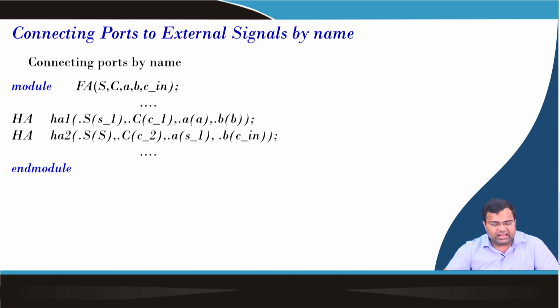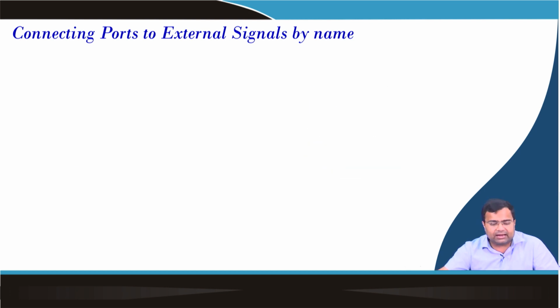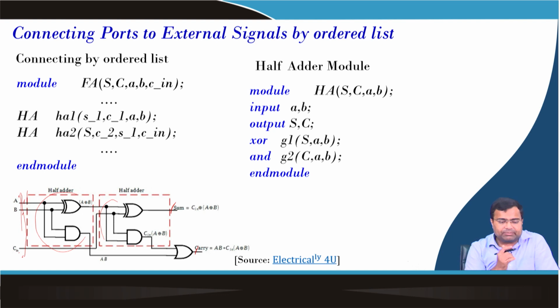Then connecting ports to the external by name. So, here by sequence order list. That means when you call a half adder module, you see S1, C1, A, B. There is a sequence: first sum, then carry, then A and B data, and this must be consistent with the one here. That means